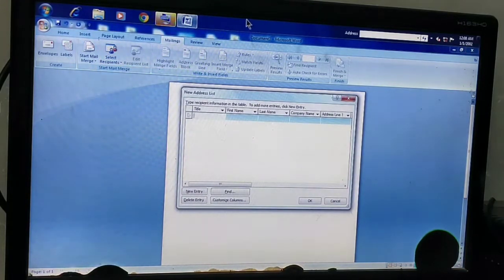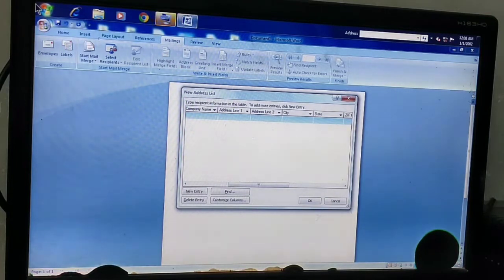Here you can see I need to fill the details, but some fields are there which I don't need. Like title, first name, last name, company name, and you can scroll it. Address line 1, address line 2, and city, state, and so on. So I don't need so many fields, so I need to delete these fields.